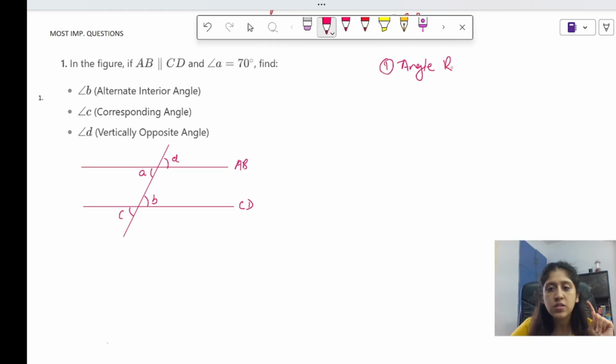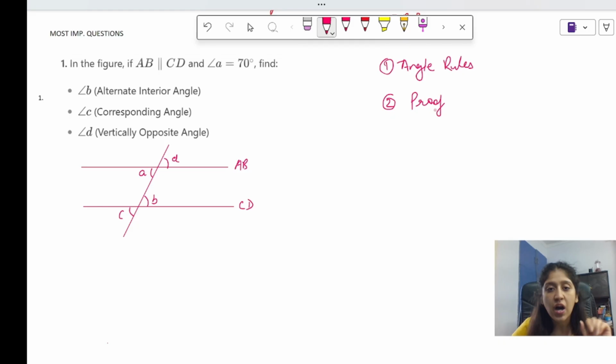Angle rules means all the angles like vertically opposite, corresponding angles, linear pair theorem, and all the rest of the angles for parallel lines. So you have to revise the previous lecture that I have done, and then you have to come to this. First is angle rules, which is important, and the second is proofs.